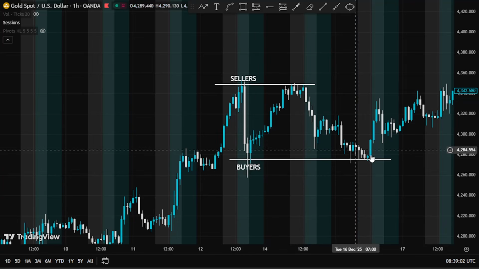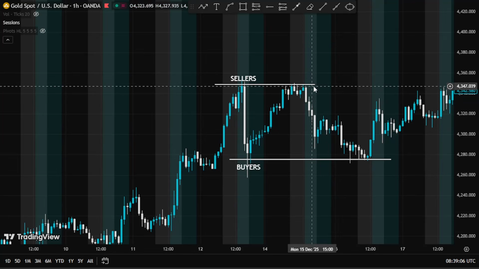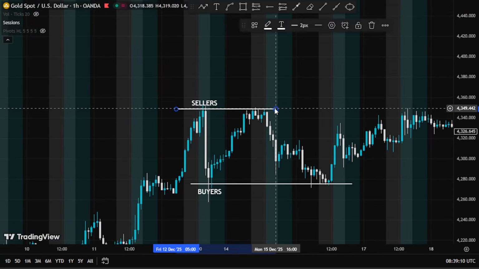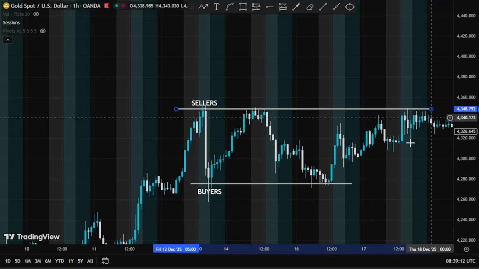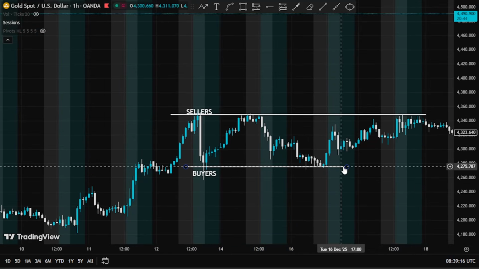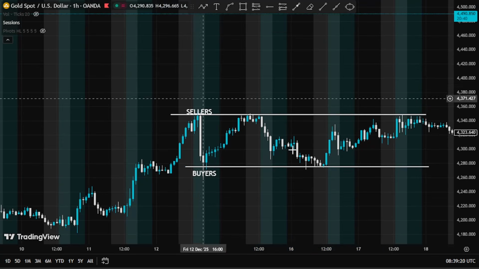So when price gets to this point, what is supposed to happen? It's supposed to move up again, not break. So when price got there, what happened? It moved up. So ICC wasn't tradable in this zone because price was just bouncing between this and this, not giving us any clear indication